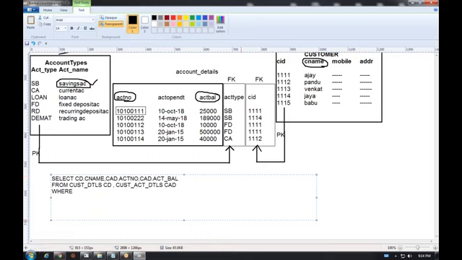From these 2 tables, I am selecting data. So what is the common column between these 2 tables? CID here. But in my table, CNO, cd.cno equal to cad.cno. Join condition, okay. But only get this joined data from savings account only. So here I am writing the filter condition where